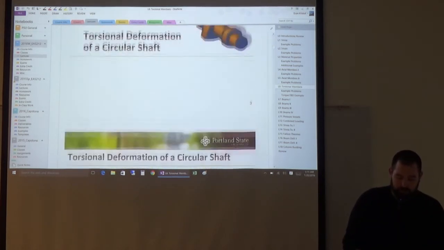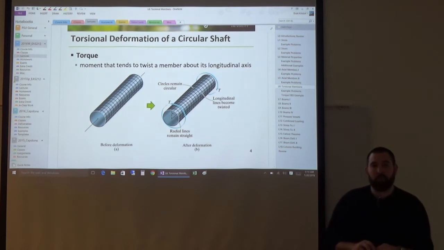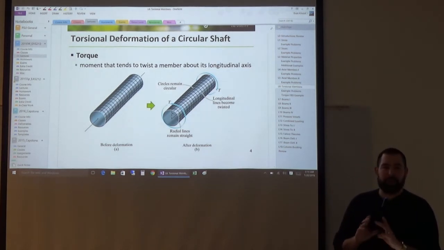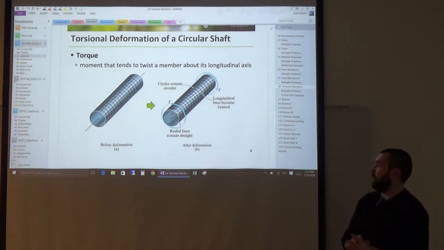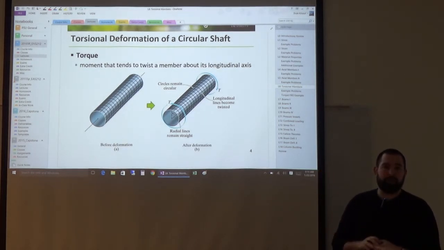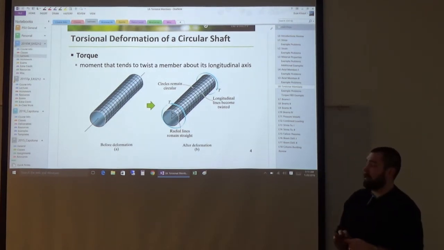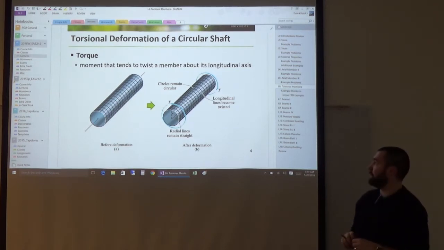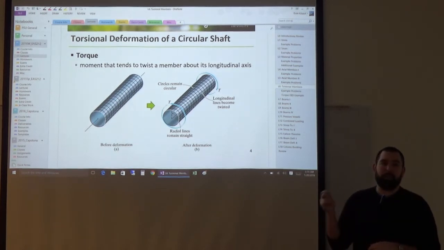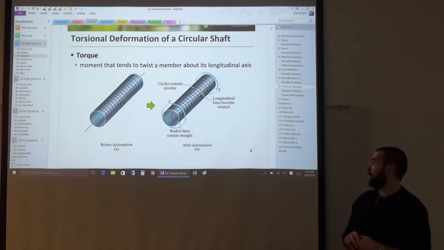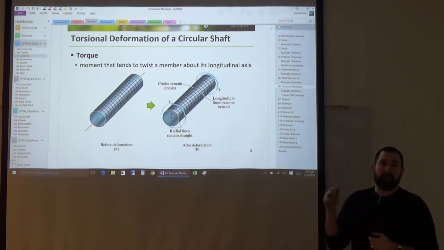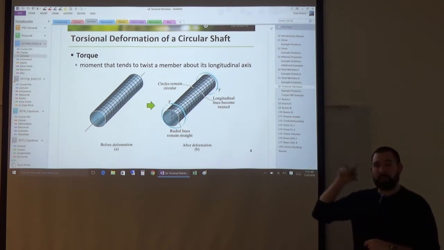So the first thing that we're going to talk about is just what happens to the geometry of a prismatic circular shaft when it's subjected to torsion. Now we're going to go through this relatively quickly. There is a video on YouTube that goes through this derivation in more detail, but let's just talk about it generally. It's a similar discussion to the one we had with axial members, but here we're focusing on a moment acting about the longitudinal axis of a member, whereas with axial members we were talking about an internal normal force that acts parallel to that axis, not a moment that acted about the axis. So here we're still focusing on the longitudinal axis, but instead of a force, we're talking about a moment acting